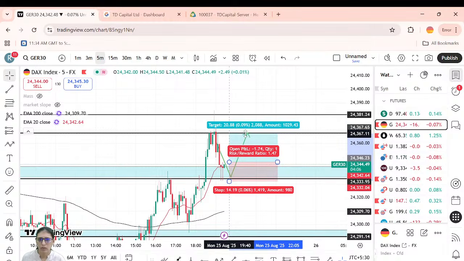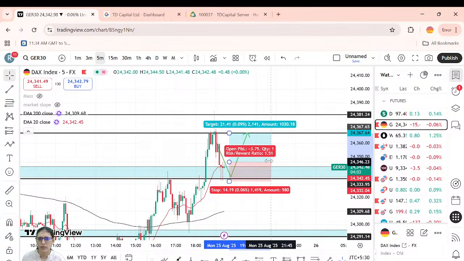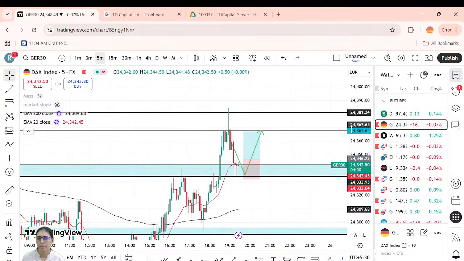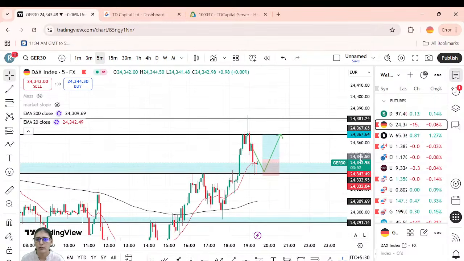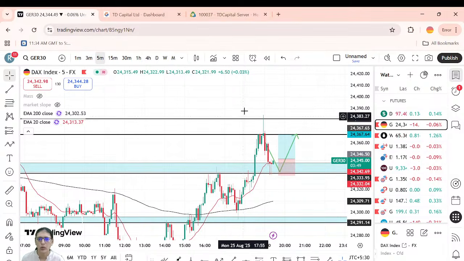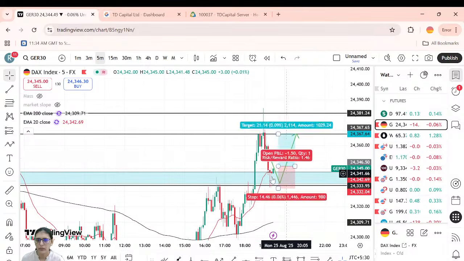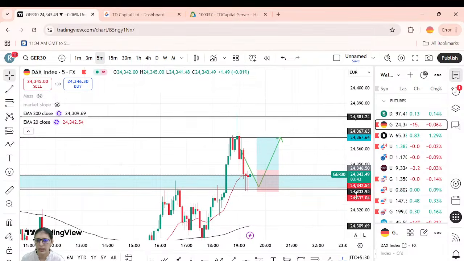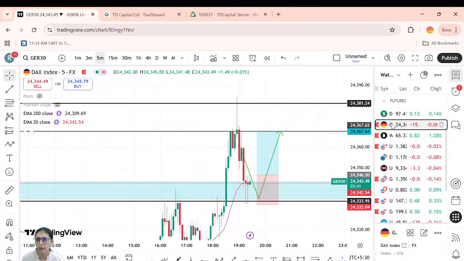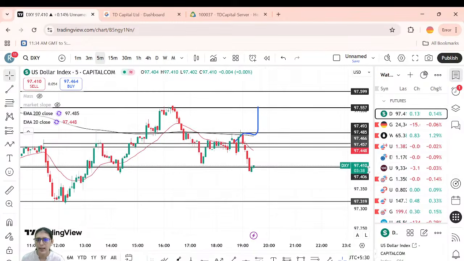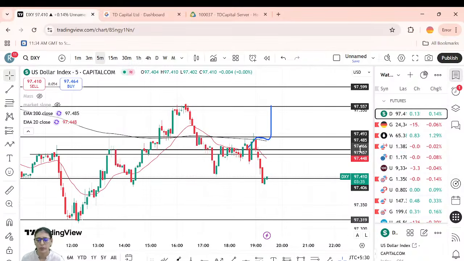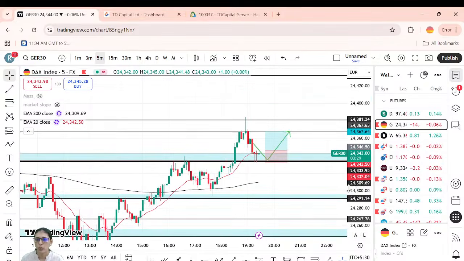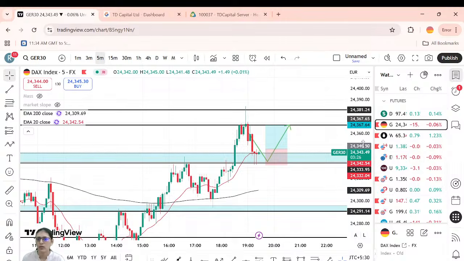Yes, this is a 1.5 risk reward ratio. We can make an entry accordingly, since our SL is approximately 14 points. Accordingly, we will have to decide our quantity, and if it works, it can go up till here. If we see a breakout of this wick, we can plan a bullish trade. Accordingly, we will check what is happening in dollar. If there is a fall in dollar, only then will we go for a bullish trade in German 30, otherwise not.